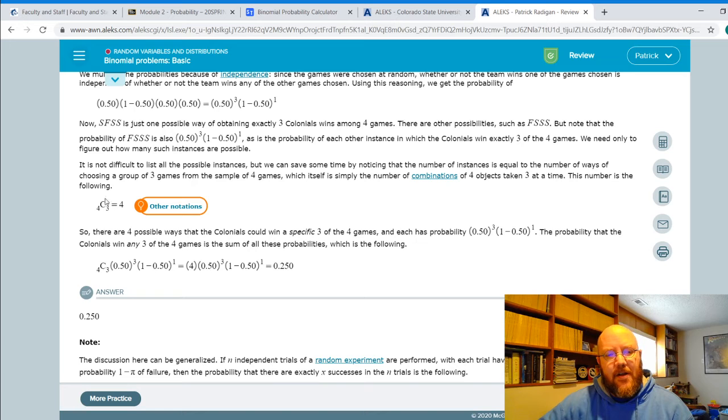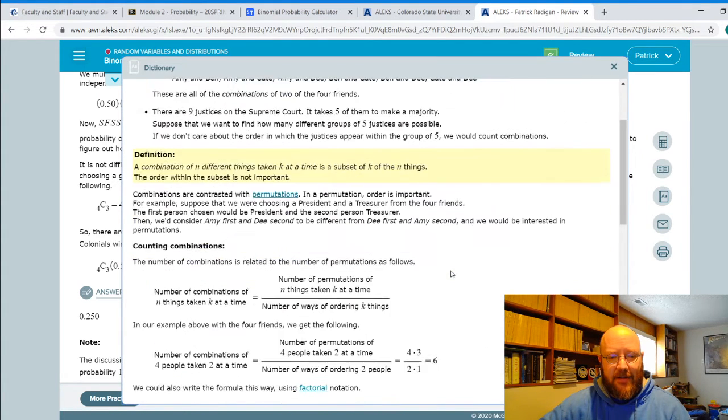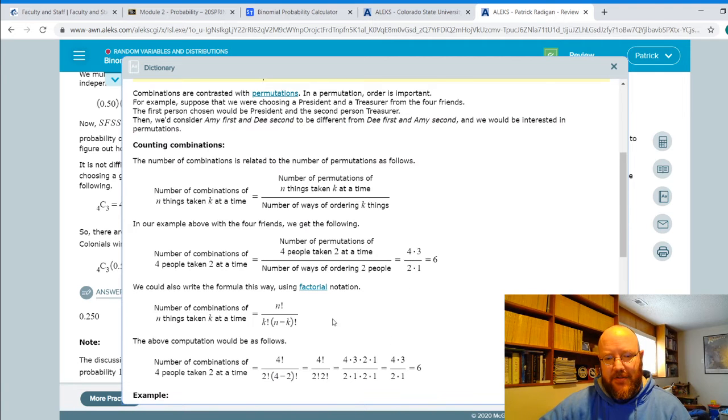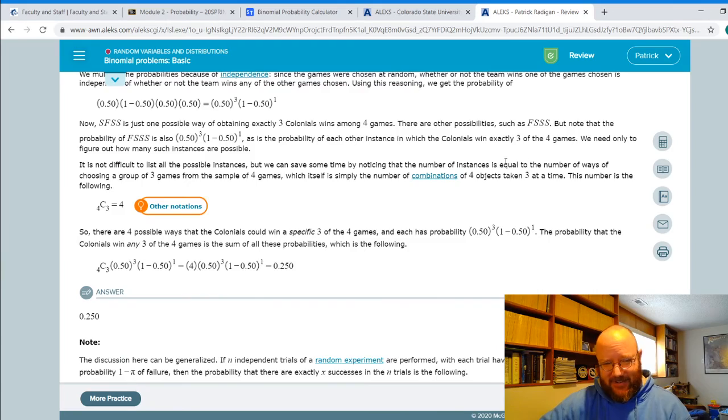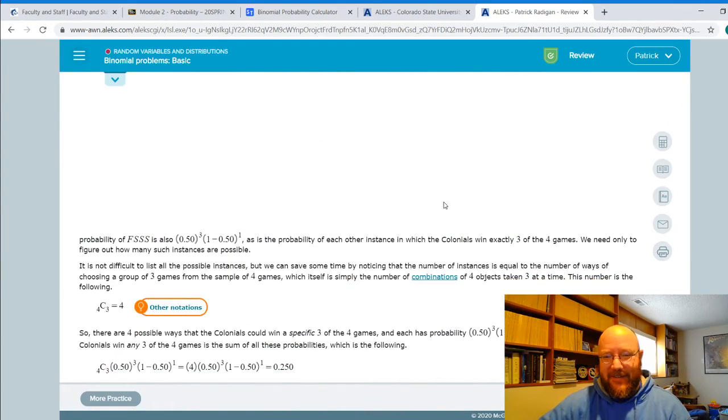All right. If you click on the binomial formula, it looks like this really intimidating thing, but it's really not that bad. But you don't really have to worry about it that much, because the place where most people screw up is in figuring out the combination first. So this would be out of 4 choose 3. You could do it using the combinations formula in Alex and the Alex calculator, this whole junk that you all saw back in combinations. You don't need to do that. This is going to make your life a little easier today. So let's find another problem that's kind of like that, and I'll show you